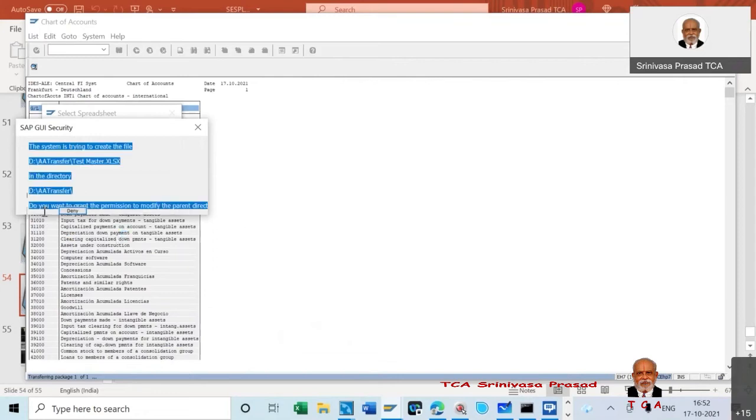Allow. It is a bigger database, complete master list. What it will do now, it will give us an Excel worksheet, which you can now open and then work on it. Whatever you want to do later on, you will be able to do.